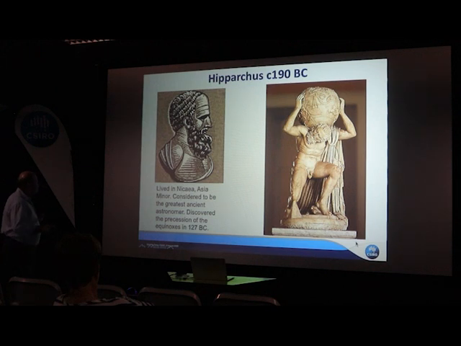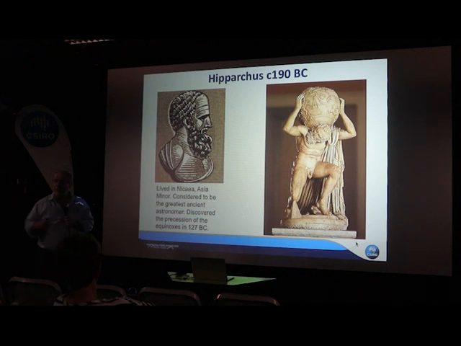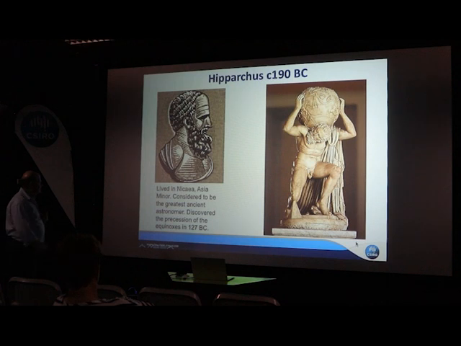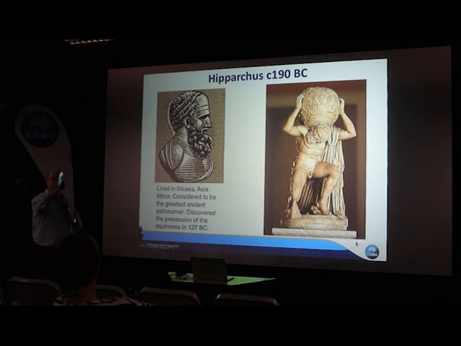He had access to hundreds of years of records from the Babylonian and the Egyptian civilizations. He spent some time looking through them and discovered that some of the stars didn't appear to be in the same position as they were hundreds of years earlier. And he realised that meant that the whole sky, the constellations, the zodiac, were precessing, that is, they were moving across the sky. And he discovered that in 127 BC.